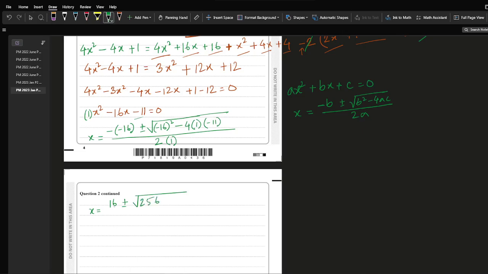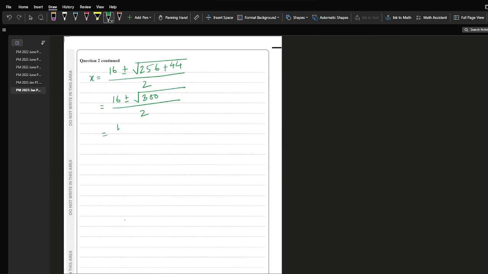minus times minus, minus minus is plus, this is 44, divided by 2. x is equal to 16 plus or minus the square root of 256 plus 44, which is 300, divided by 2, and that means we can write it like this. Before writing it like this, maybe we can break this down. 16 plus or minus